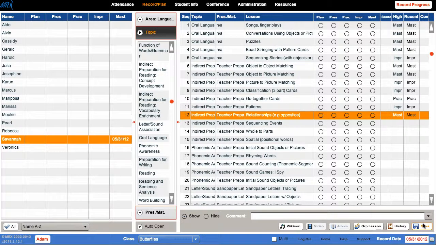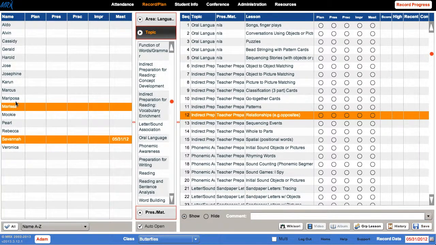One way to really speed up this process is to record progress for multiple students. For example, I could select multiple students on the left who have the same proficiency on certain lessons. To do so, use the Control key on a PC computer or the Command key on a Mac and just hold it down and select students who may be in similar positions. And now